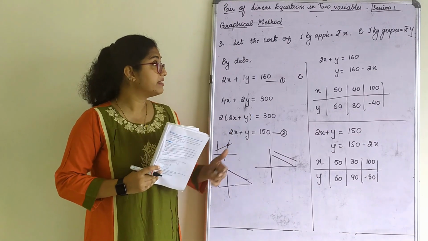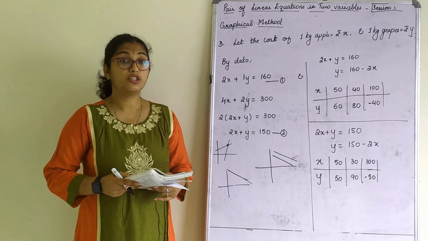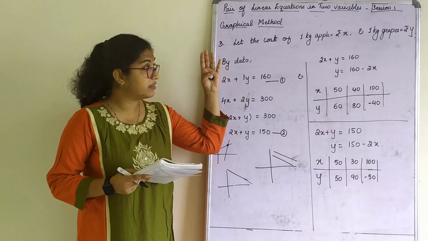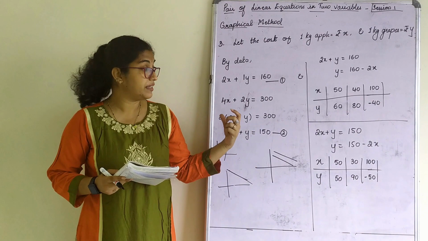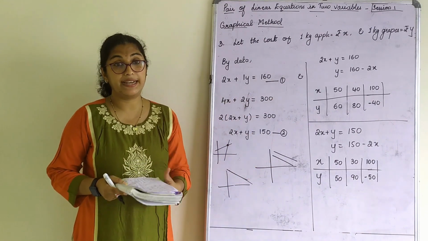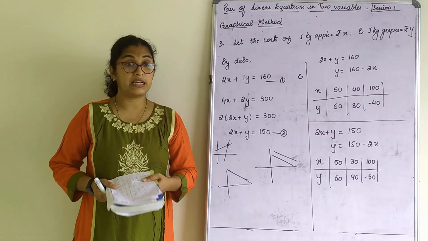So with this we will complete today's class. Tomorrow's session we will see what are the criteria for these graphs, that is, if they are intersecting, non-intersecting, parallel or coinciding. So any doubt in today's class you can call and